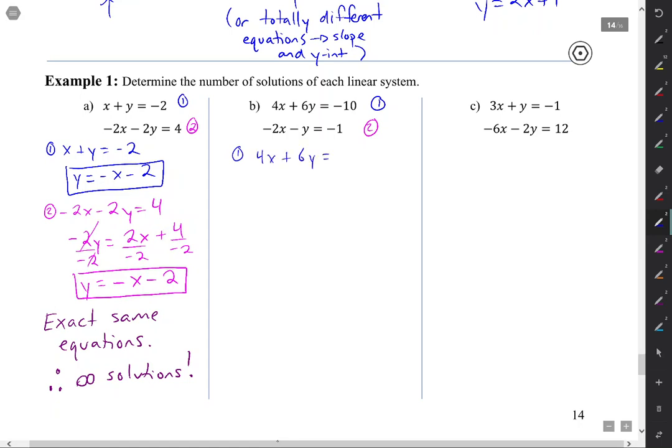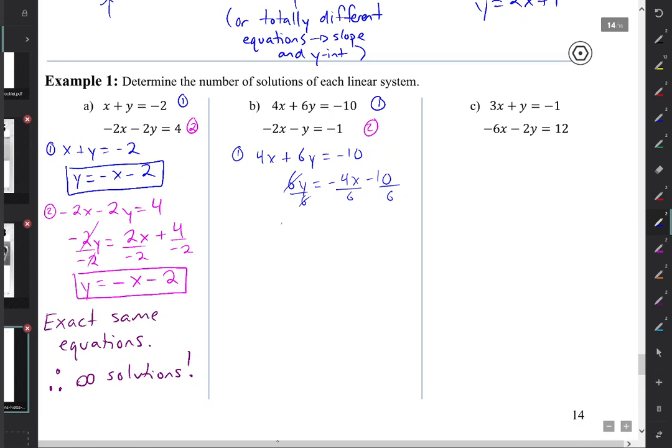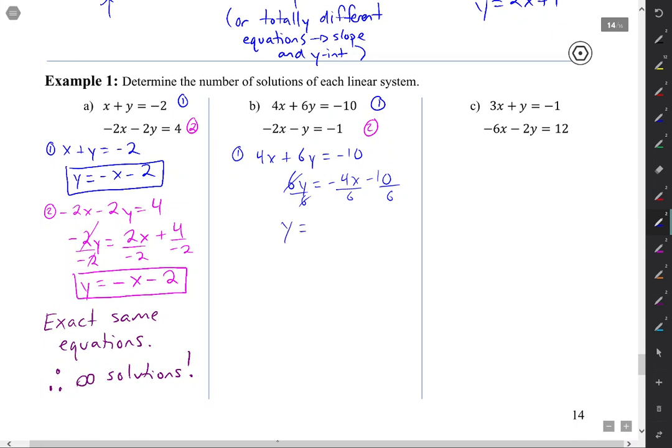So the first step is always to get that y by itself, so I'm going to move that 4x over. So we'll have 6y is equal to negative 4x minus 10, and then I'll divide everything by 6 to cancel that 6 out. So then we have y is equal to negative 4 over 6 would simplify to negative 2 over 3x, and then negative 10 over 6 would simplify to